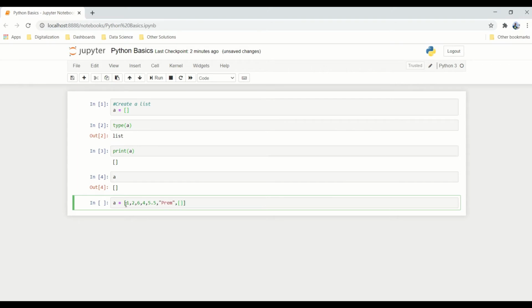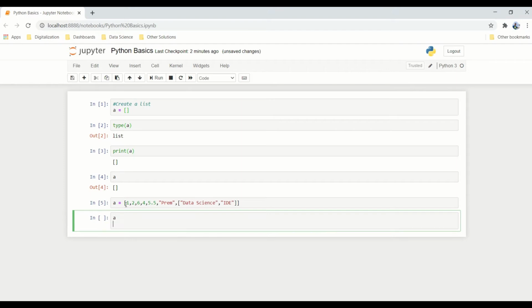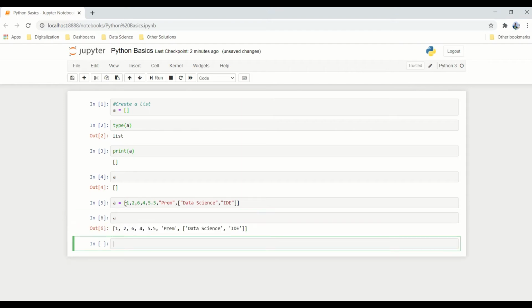So let's try entering some numbers. You can see that a list can hold mixed data types. We have created a list with an integer, a float, a string, and another list, so it's a nested list.